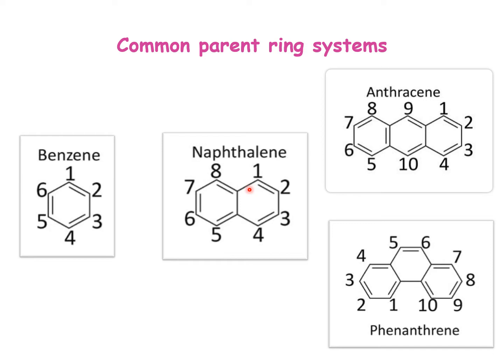So in benzene derivatives, benzene can be present either alone as a six-membered ring, or there can be two benzene rings fused to give us naphthalene, though it contains 10 carbon atoms. Usually numbering is given only to the atoms which are at the periphery and not at the bridge.